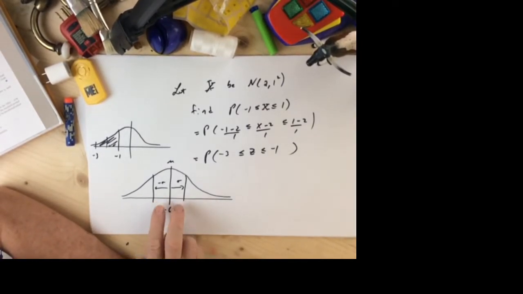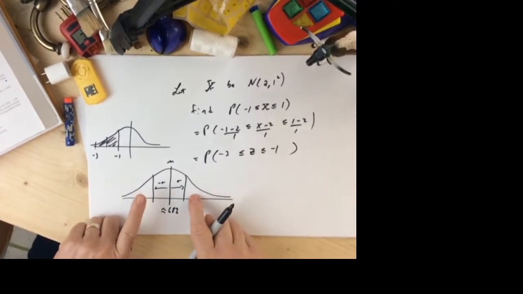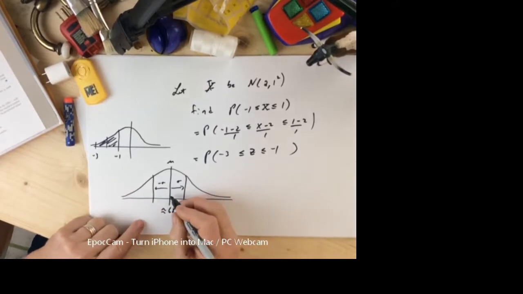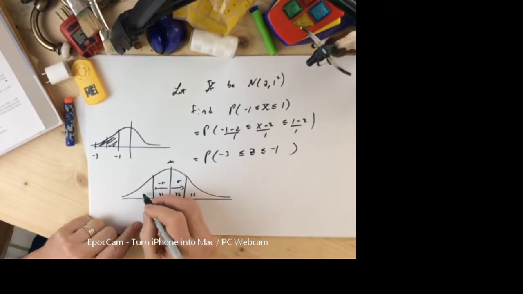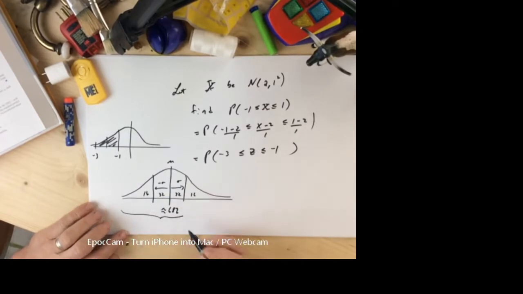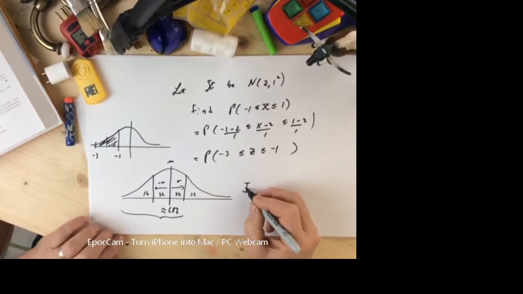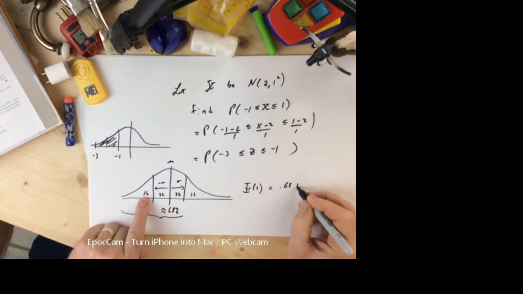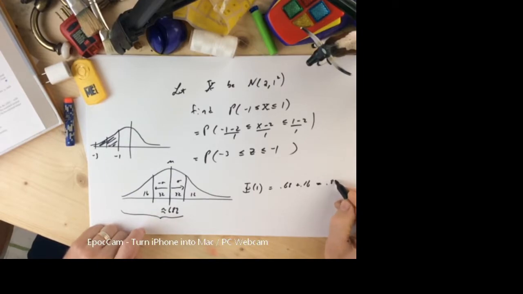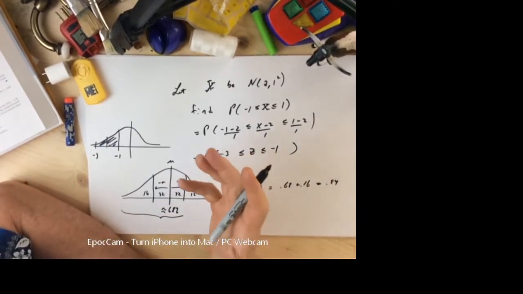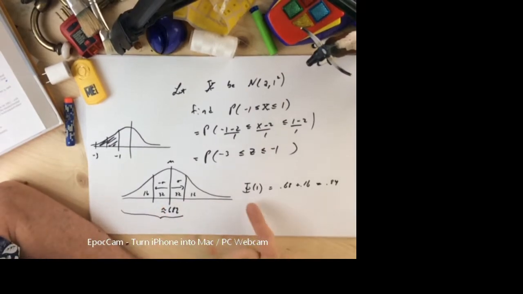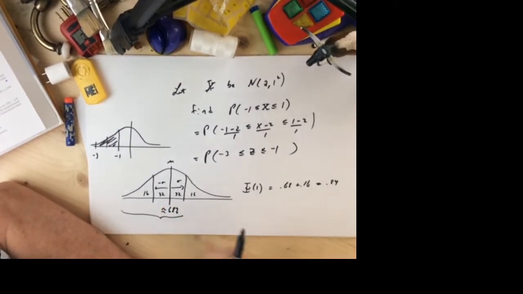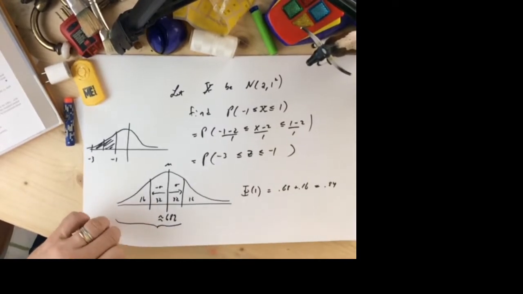If this is 68%, that means we're missing 32%, which means that we're missing 16% here and 16% here. So if we put that 32, 32, 16, 16, that says we now happen to know that phi of 1 is 68 plus 16, which is 84. And so this picture is deducible from this fact, and this fact is deducible from that picture. If you continue, the standard normal curve